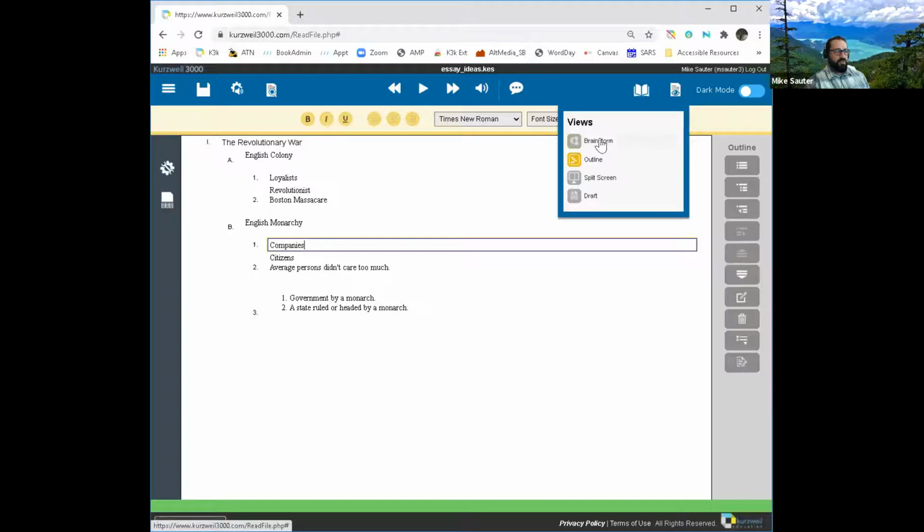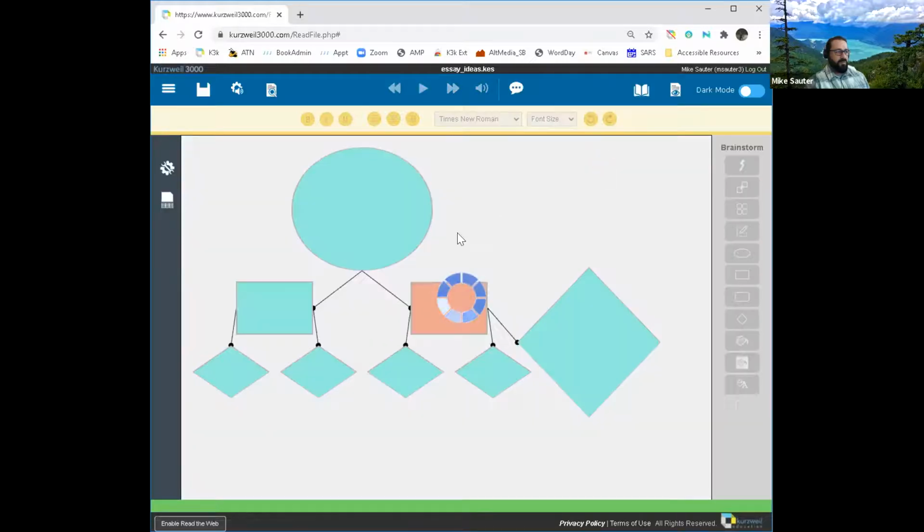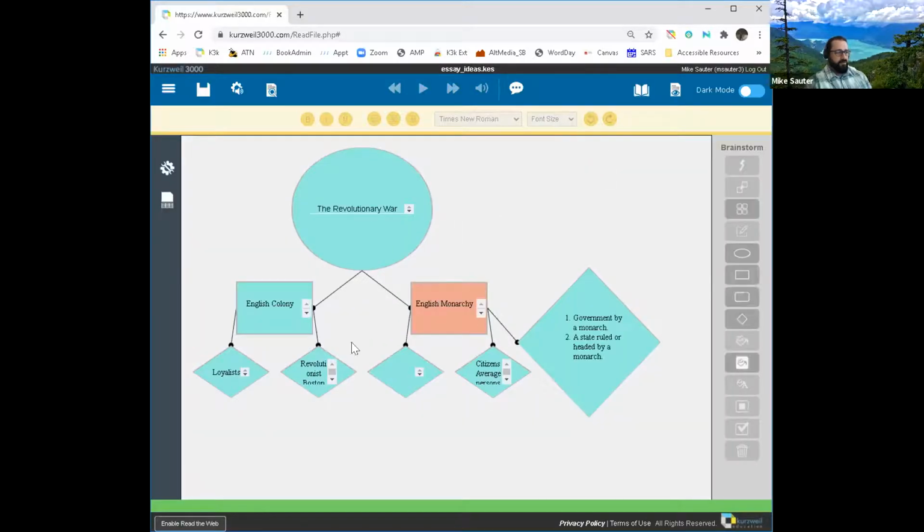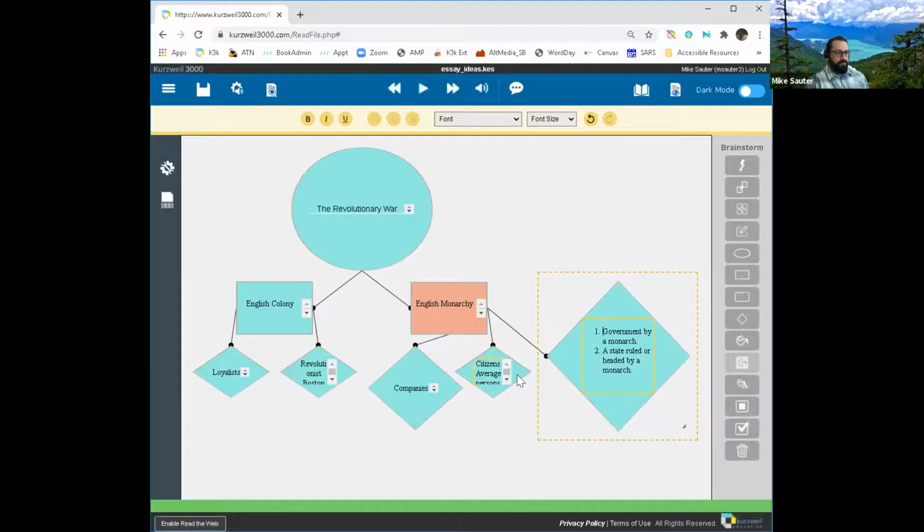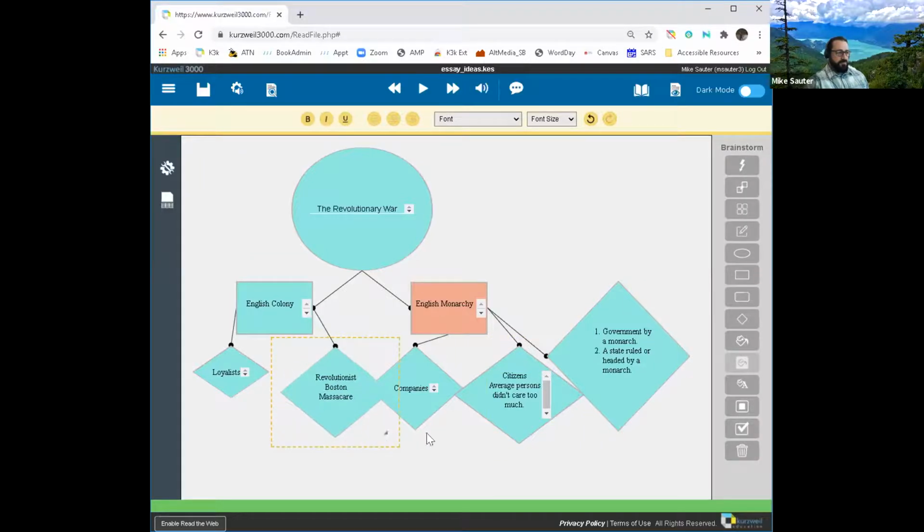Now look what happens when I snap back to my brainstorm. The text that I've added, it's added into, right?